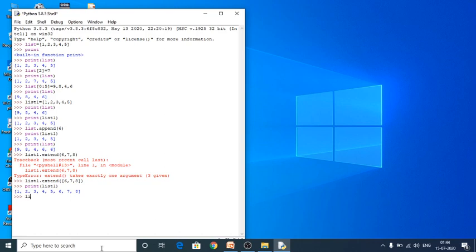So for that I have to use list1 dot insert. Within the brackets, first one, the position index, I have to indicate in which position I have to insert the value.